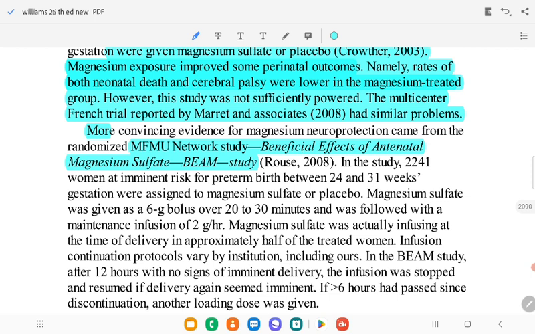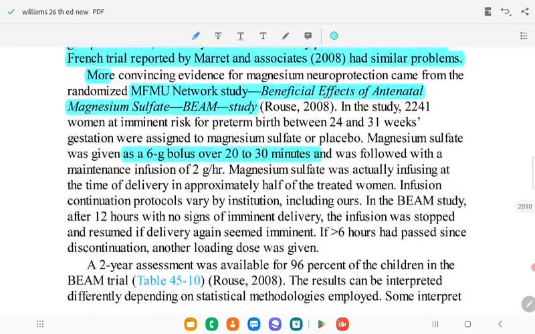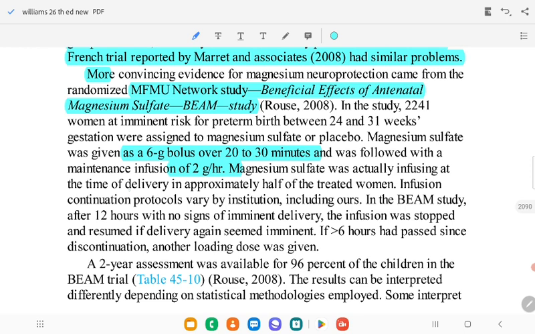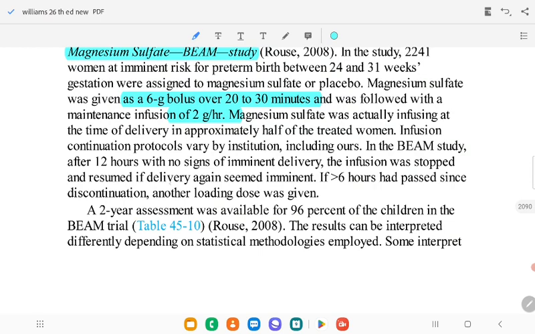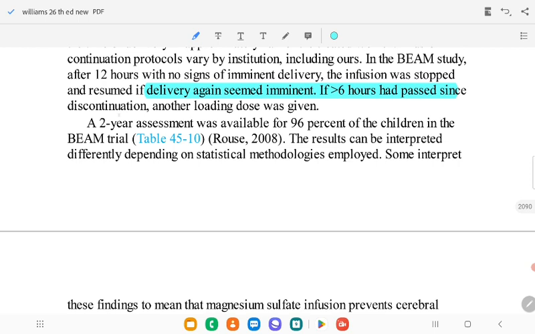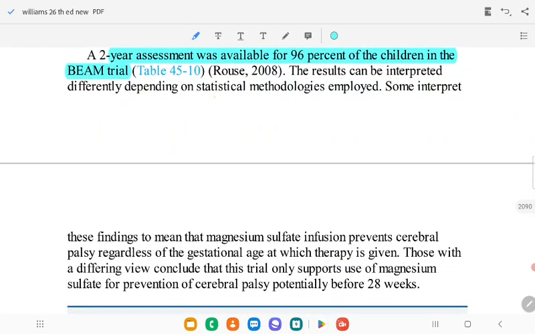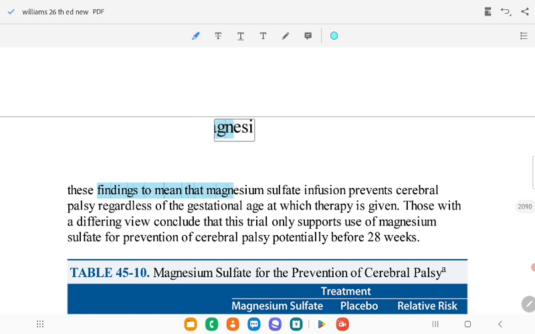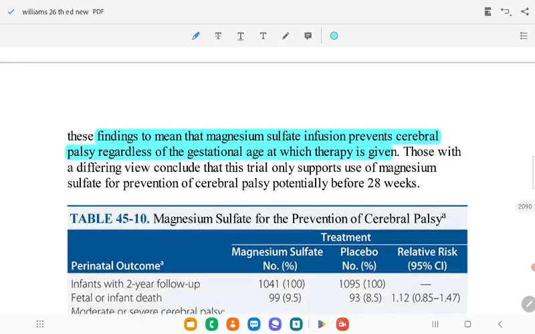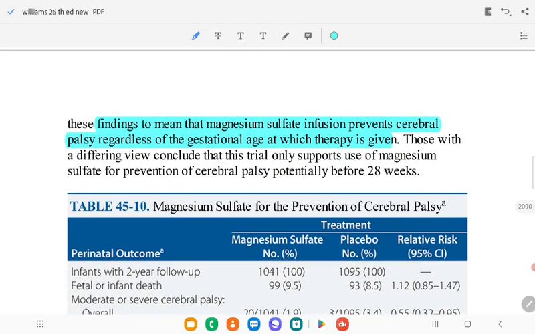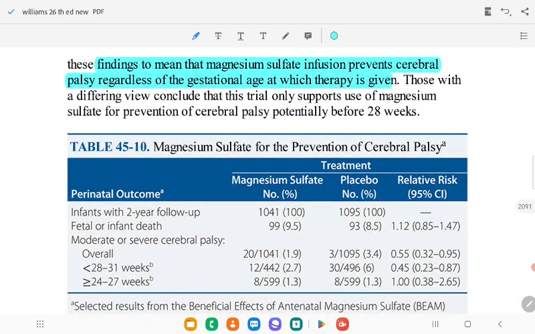Women at 24 to 31 weeks gestation at imminent risk of fetal birth received magnesium or placebo. Magnesium was given as 6 gram over 20 to 30 minutes, followed by a maintenance dose of 2 grams per hour. Magnesium was usually still infusing at the time of delivery. Half of the women received infusion per continuous protocol. The result is taken to mean that magnesium infusion prevents cerebral palsy regardless of the gestational age at which therapy is given. Those with a different view conclude that this trial only supports use of magnesium for prevention of